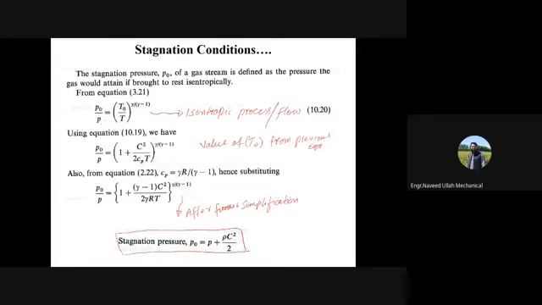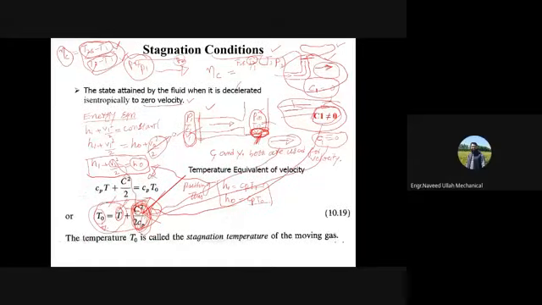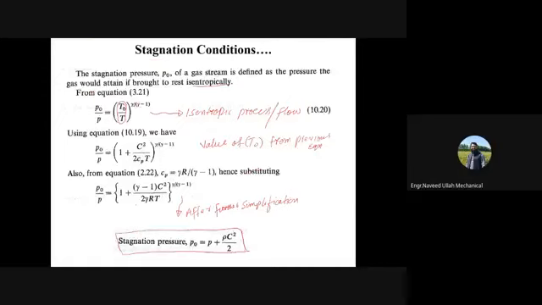For an isentropic process, P naught by P is equal to T naught by T raised to the power gamma by gamma minus 1. Since it is an isentropic flow, we have written this equation here. T naught by T1 you have just seen. What is the value of T naught? You can put the value of T naught over here. When you put it in and simplify, you ultimately get stagnation pressure equal to